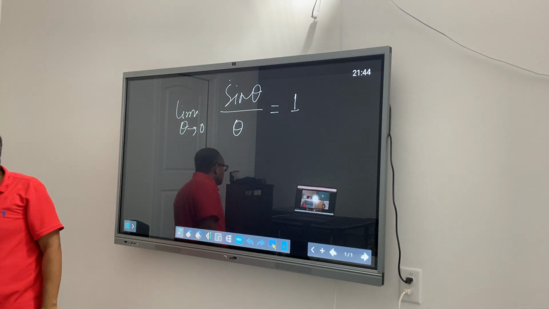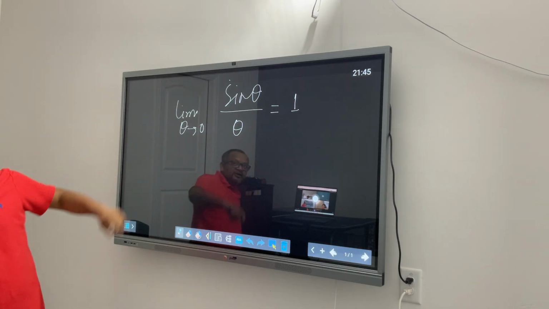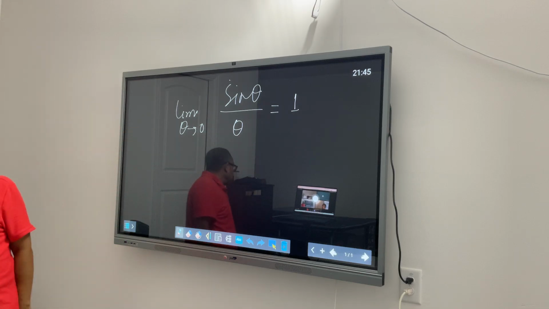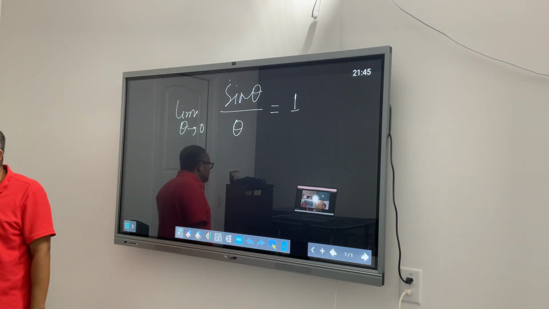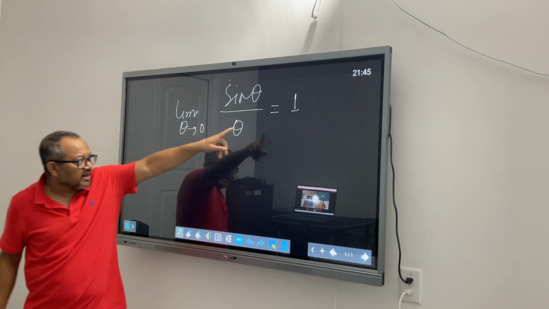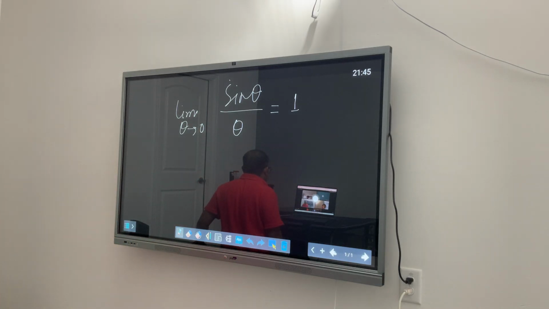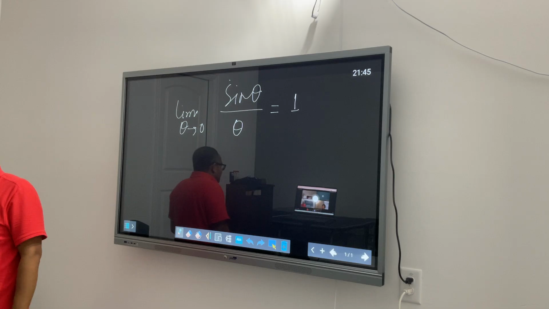Now you might start thinking, sir, you are probably out of your mind. Because if I am trying to prove that this is equal to 1, tell me who all will agree that this is doable or not. Does it seem to be right in the first place? I am trying to prove this. Chris, what do you think? Does it seem right or not? It doesn't seem right, but I think it is doable. It is doable. Ananya, how about you? I don't think it's right either.